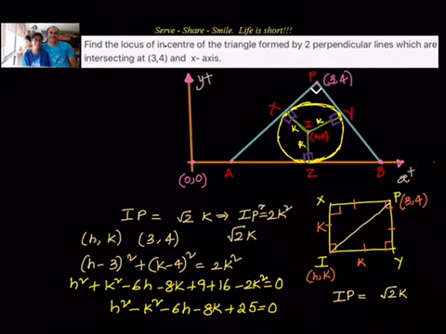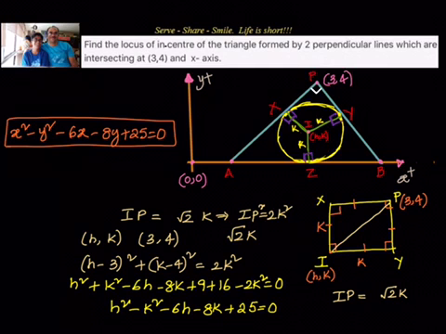That is nothing but given by the equation h square minus k square minus 6h minus 8k plus 25 equal to 0. But in locus we know that the last step is to convert them into x and y. Now h is nothing but x. So the equation will be x square minus y square minus 6x minus 8y plus 25 equal to 0. So that's the locus of the in-center of a triangle formed by two perpendicular lines